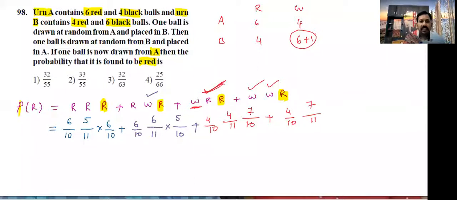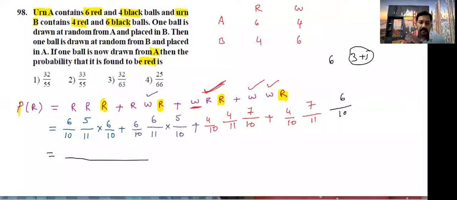7 ways. We selected a white color ball, and before placing the ball, how many balls are there in the first bag? Tell me. 6 red, 3 white only. Now, one ball we placed in the first bag, that is white color. So white color is going to increase, total 10 only, but we want to select red color, that is 6 by 10. Overall, see the answer.